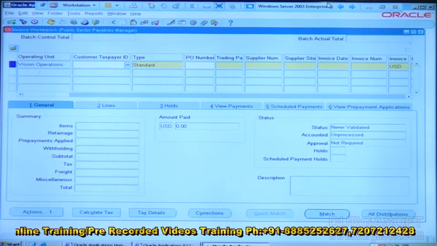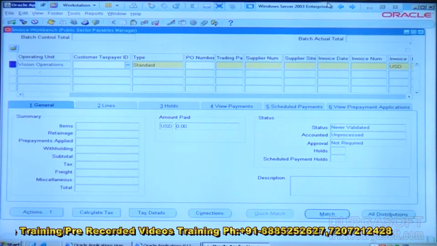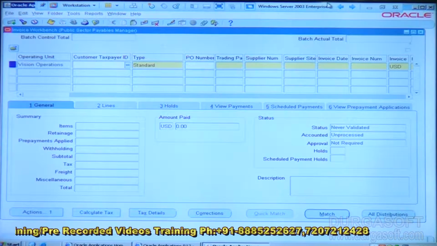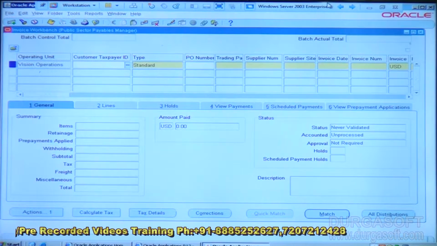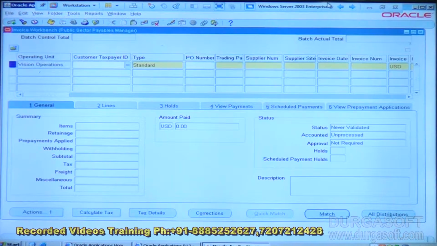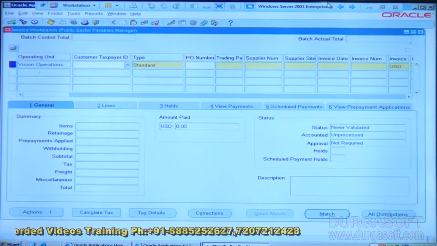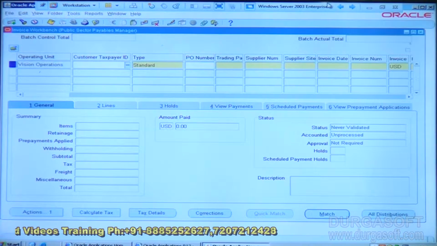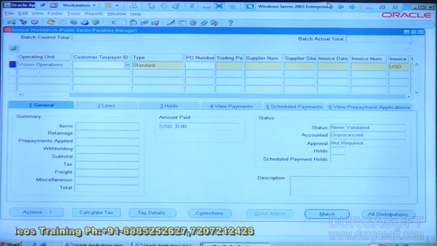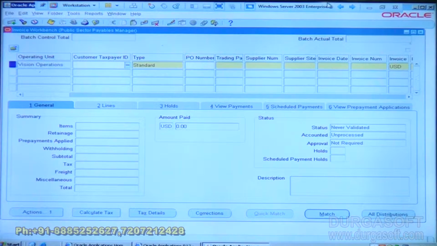So we discussed earlier prepayment to supplier. We also talked about prepayment to employee spending. Today we will see prepayment to employee,